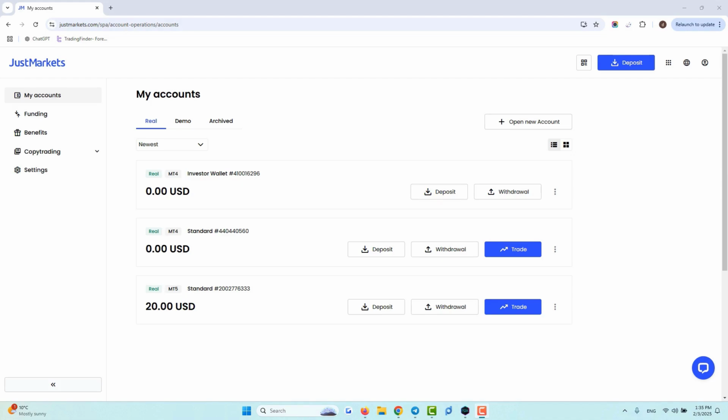We're here with a tutorial on how to deposit into your account at the JustMarket broker using ERC20 Tether. As you saw, we successfully registered and verified our identity at this broker, and now we're on the main page of our user dashboard. To start the deposit process, we select our desired account from the displayed accounts and click